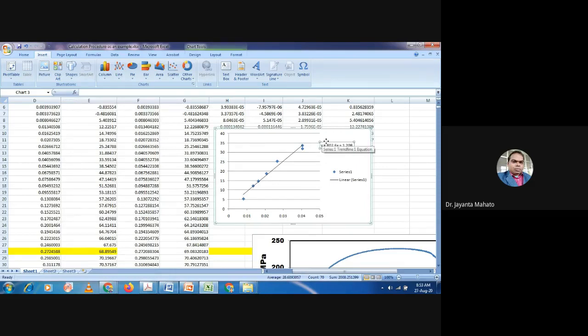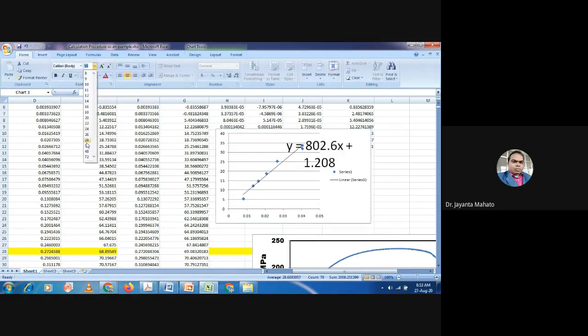You get an equation, which is actually the equation of this linear line. Here y means stress, and y is equal to mx plus c, in this form. So y is stress, and x is nothing but strain.